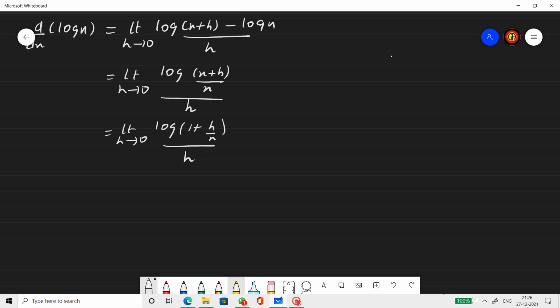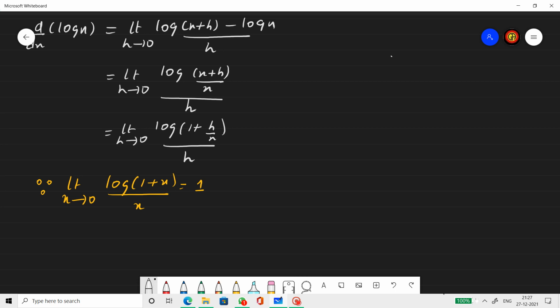Now, out of the standard limits that we learned, there is something for log. Limit x tending to 0 of log of (1 + x) by x equals 1, isn't it? So look at this. We can somehow change this question to that form. The only requirement is that in the place of x we have h by x, so the denominator should also have h by x. The limit should also change to this form, isn't it? So I'm working on that now as my next step.